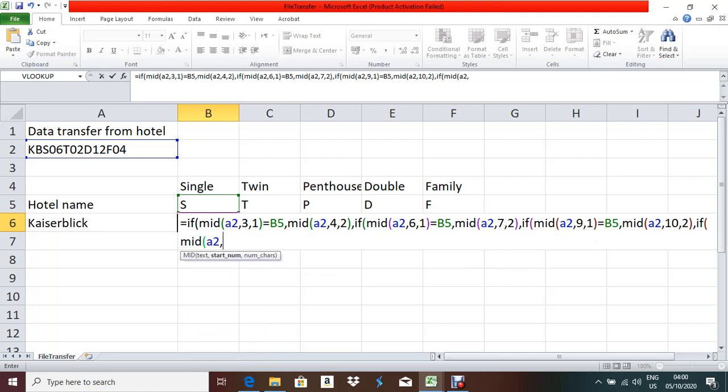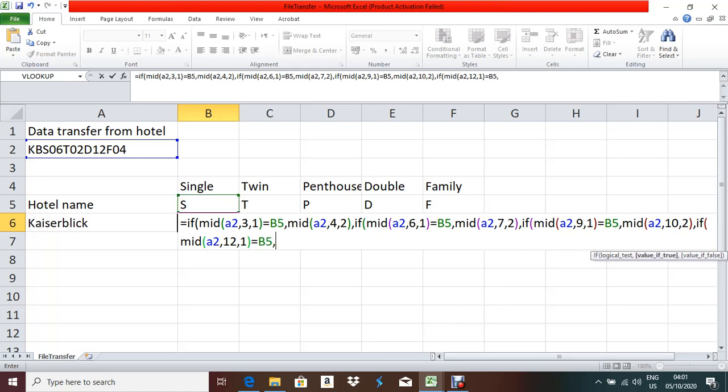It's 9 10 11 12, so this position will be 12. If 12 comma 1, if the position is 12 comma 1, first bracket close, equal to B5,